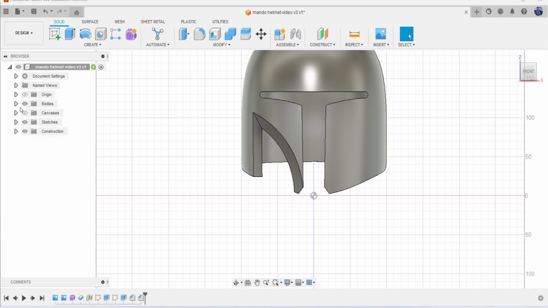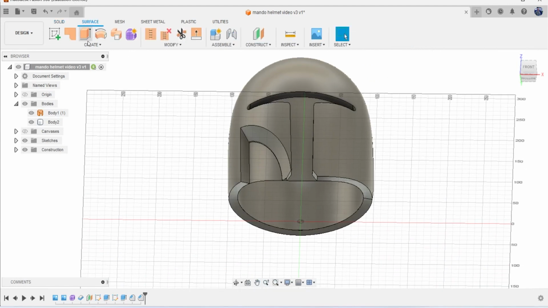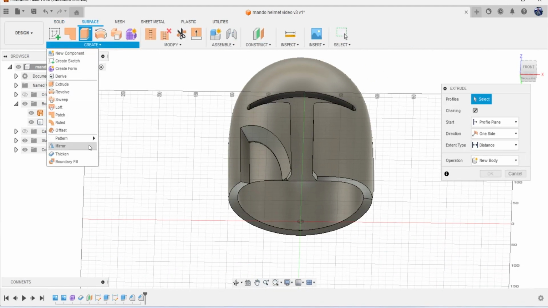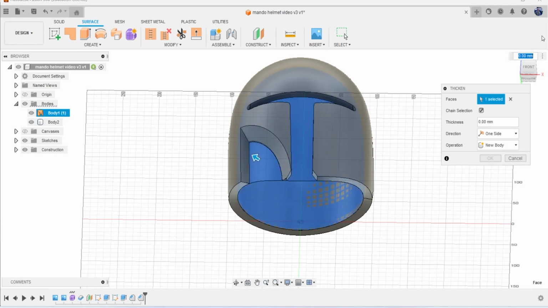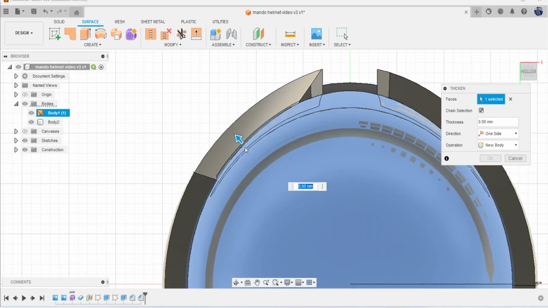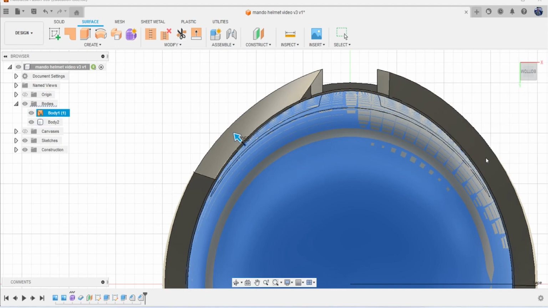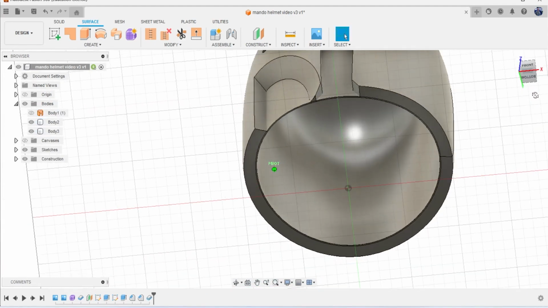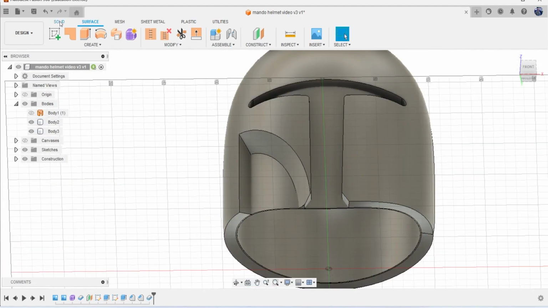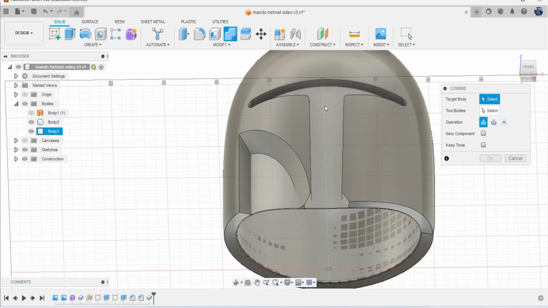And the best way of doing that is we've already got this body here. So what we can do is thicken that again. So let's go to create and thicken. Bring that in a little bit. And then what we can do, go back to solids, go to combine, target body will be that body we